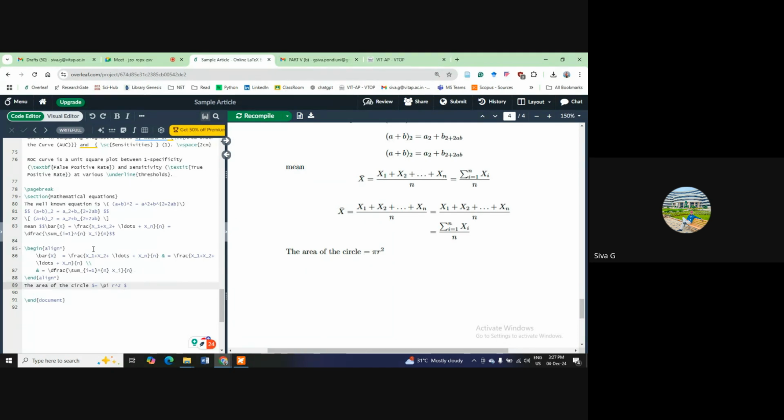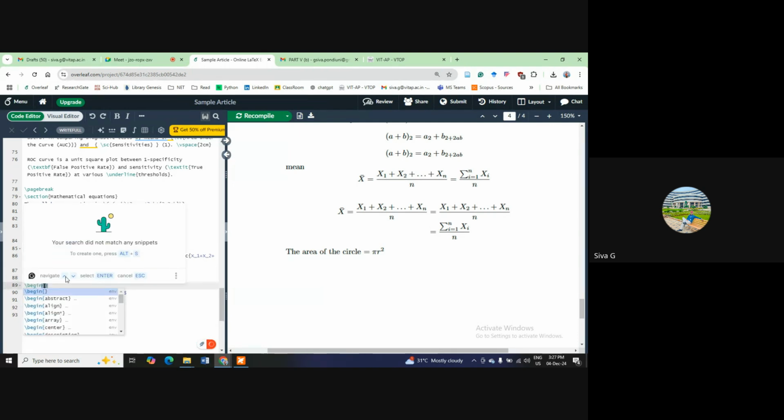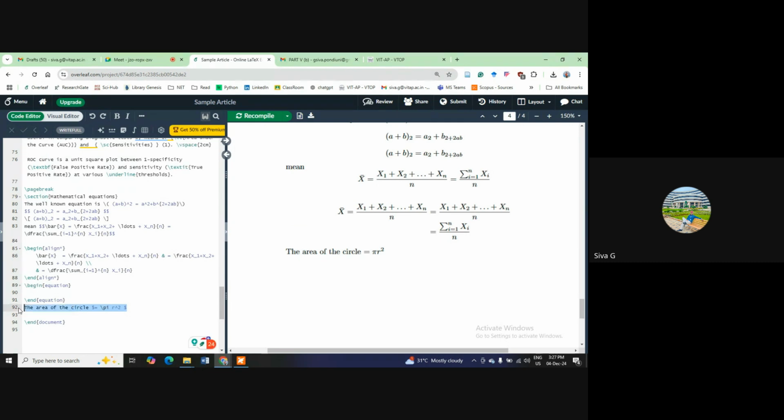Here one more thing I want to convey to you people. For example, I will use this one, slash begin equation. Let us say I'm using equation or alignment, whatever you want, you just use. I will copy this one and I will paste here. I don't want a dollar. Why? Because begin equation, end equation we have entered, right? So dollar should not be there. Now if I run this one,